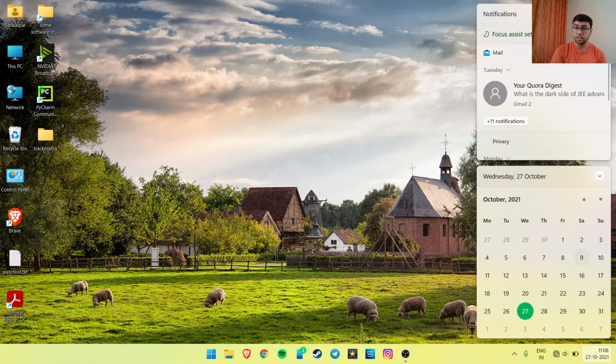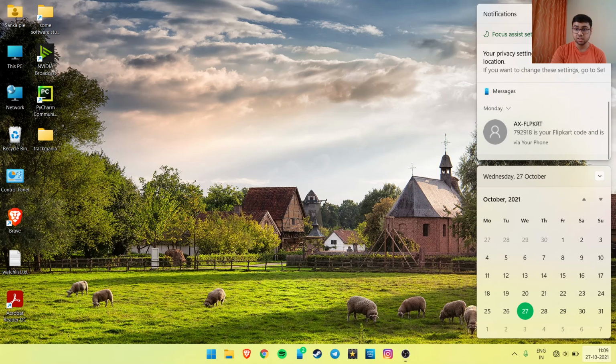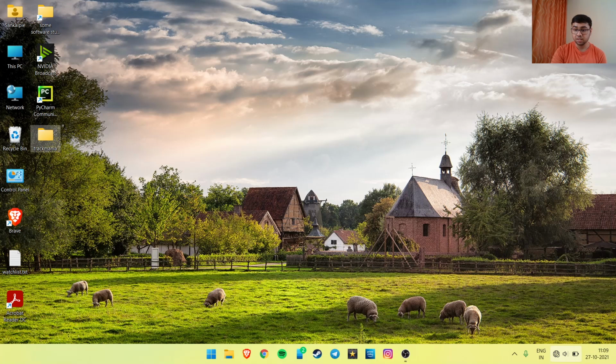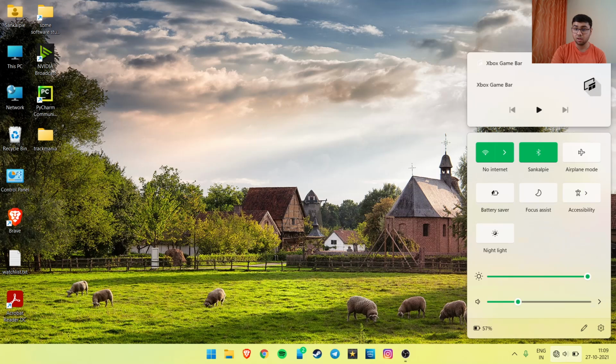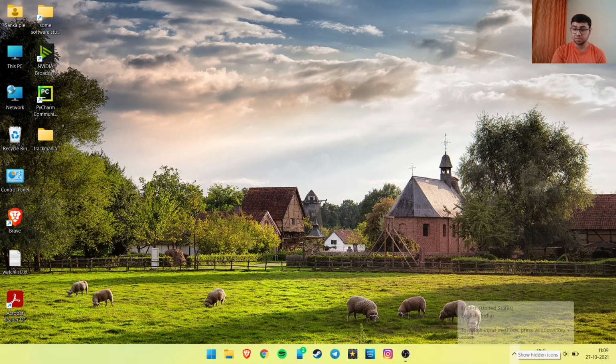One is to show your calendar and notifications, and the other one just shows the status of your connections, brightness, and also the sound. Of course, you can customize these buttons using this edit icon. And just so you know, the taskbar overflow options are still the same. They are going to be displayed like this.